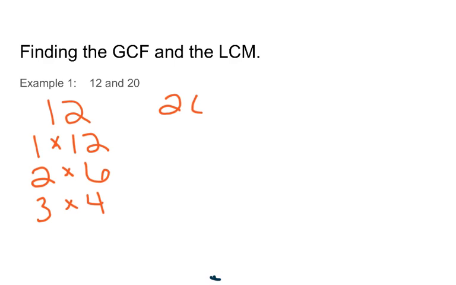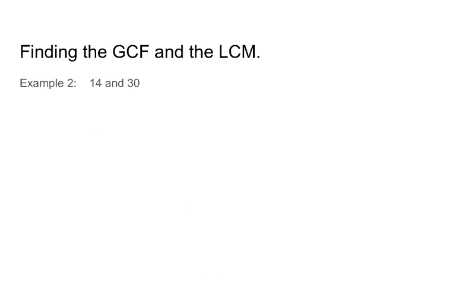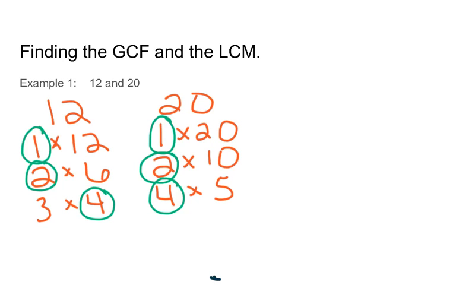Okay, we're going to look at 20. For 20, our factors are 1 and 20. 20 divided by 2 is the whole number 10. 20 divided by 3 gives me a decimal. 20 divided by 4 gives me 5. And again, there are no whole numbers between 4 and 5. So first we look at what factors they have in common. Of course, they have 1 in common and 2 in common. And they have 4 in common. So their greatest, oops, sorry about that, that jumped ahead. So the greatest common factor